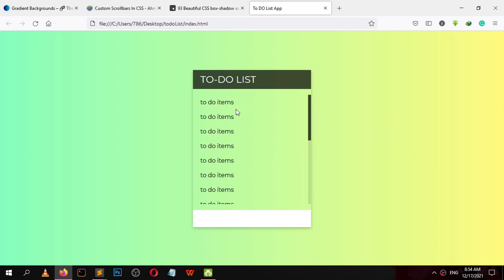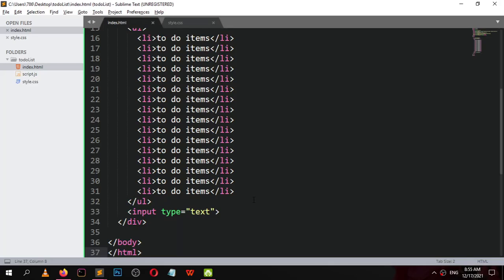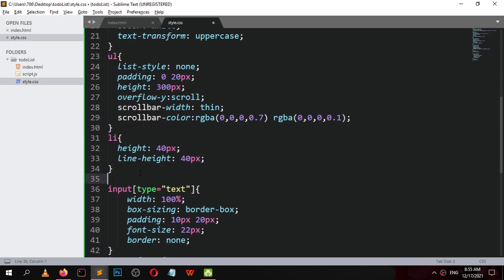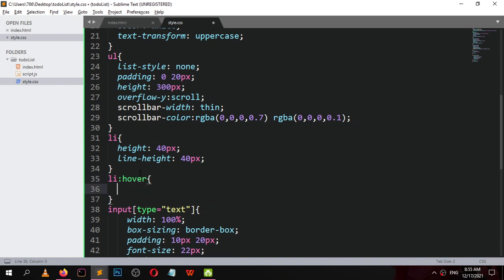Now what I want, when someone hovers over this li element, the color of the text inside the li element should be white. So select li hover color white.